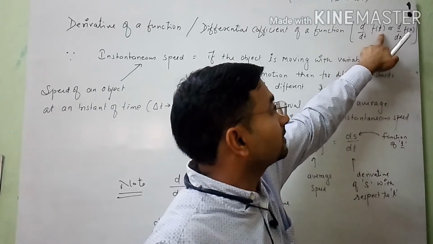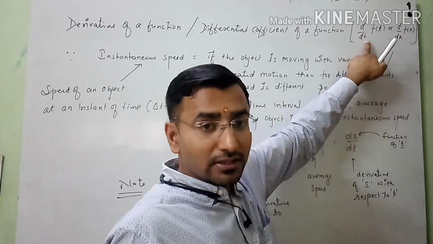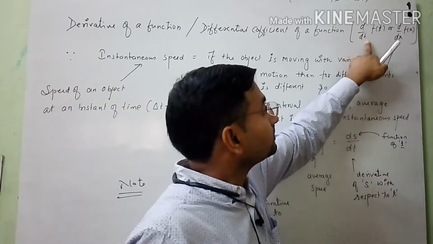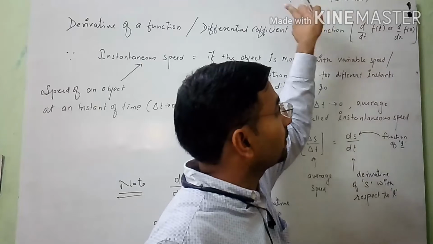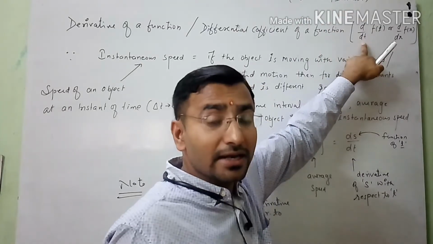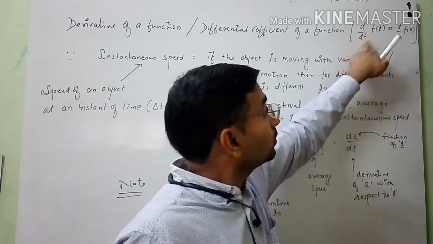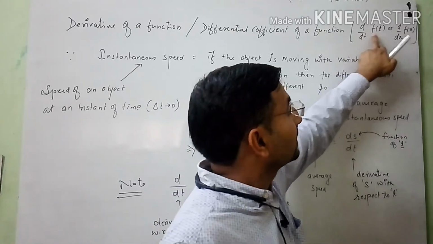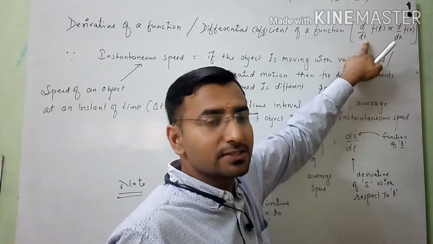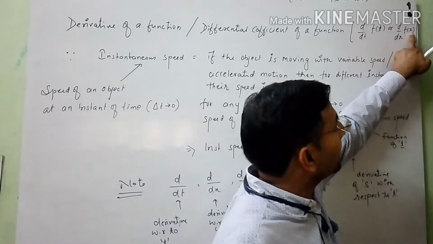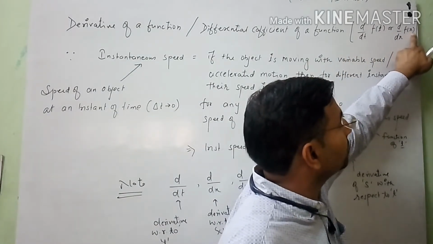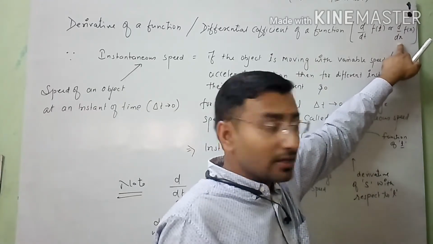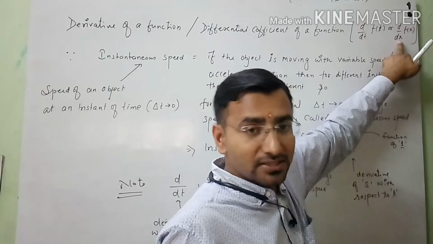Clear? If it is a function of t, then to solve these types of problems regarding the function with the help of the derivative, I will use the derivative with respect to the same variable. Meaning if the function of t is here, then I will use the derivative with respect to t. If it is a function f(x), meaning this is a function of x, then I will differentiate this function using the derivative with respect to x.